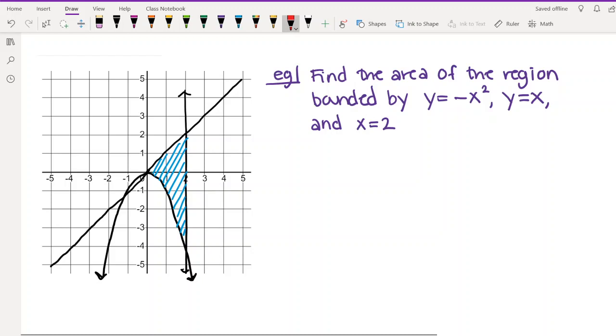So this one's a little bit different in that there's a part that is above the x-axis and a part that is below the x-axis. So one thing I just want to really emphasize here is that in general, when we're integrating, and when I use the word area, sometimes I'm actually kind of misusing the word area. So technically, the word area is always meant to mean a positive number. So for example, if someone said, what's the area of your apartment? You would say it's 600 square feet. You wouldn't say it's negative 600 square feet, right? So area is a positive measurement, just like height. The height of someone cannot be a